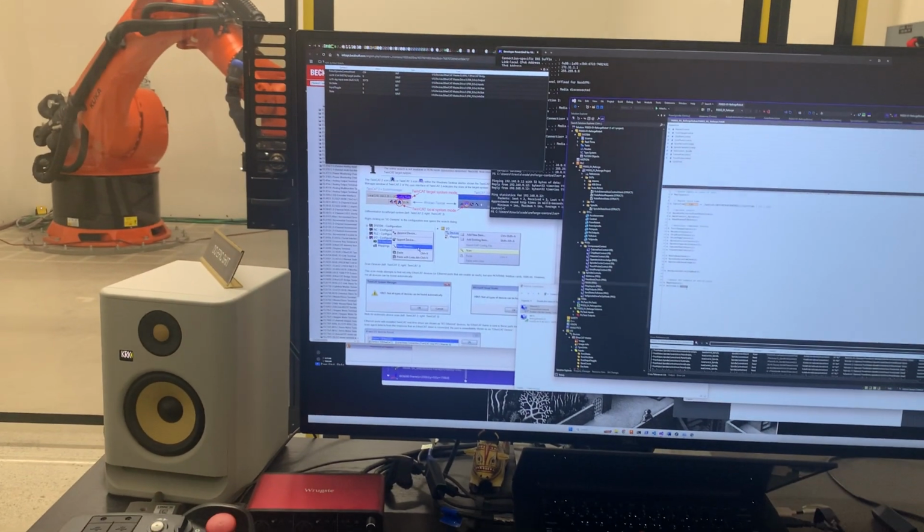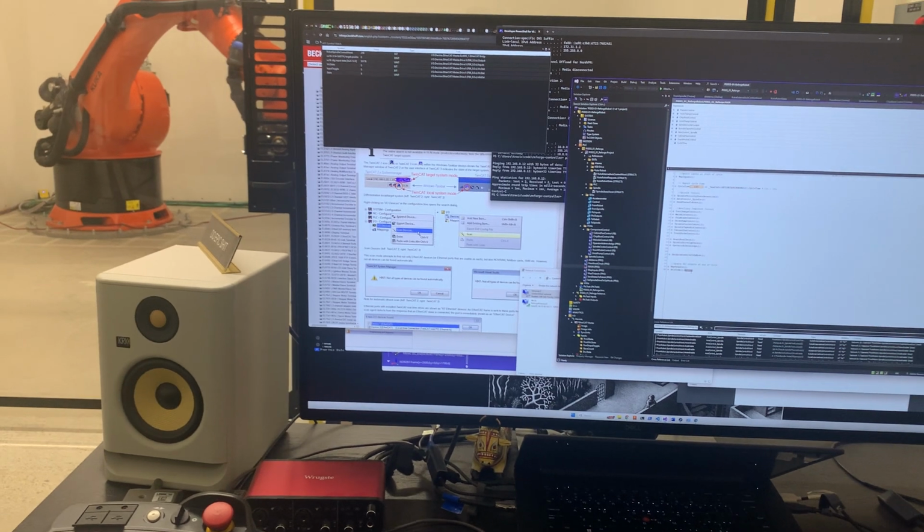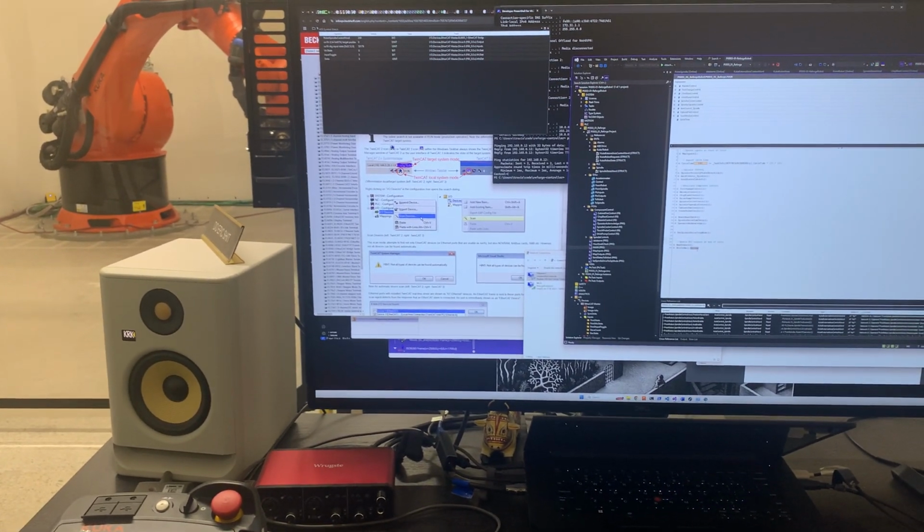Did you get a chance to test the accelerometer? Yeah. Yep, we can do that. We can hit it, but